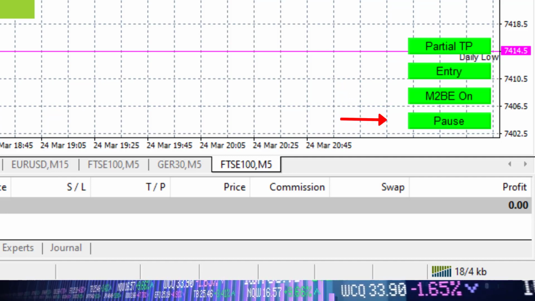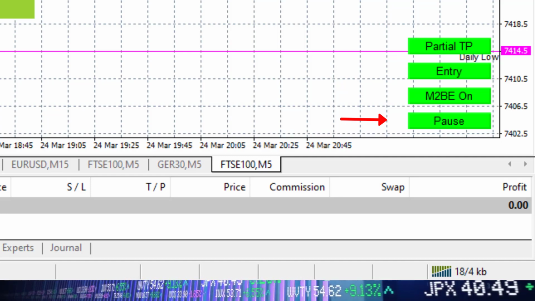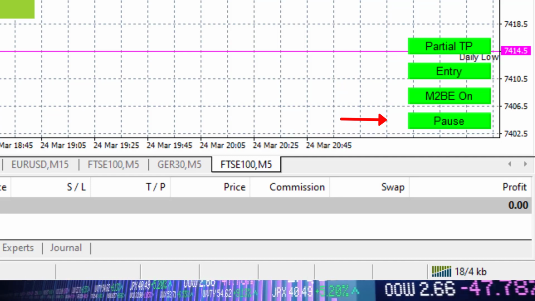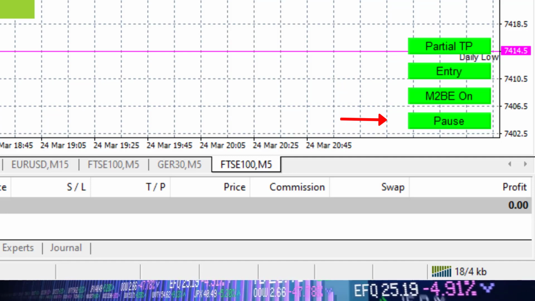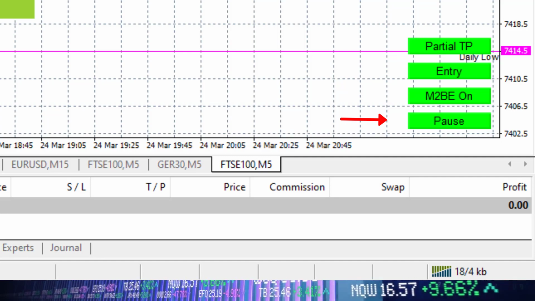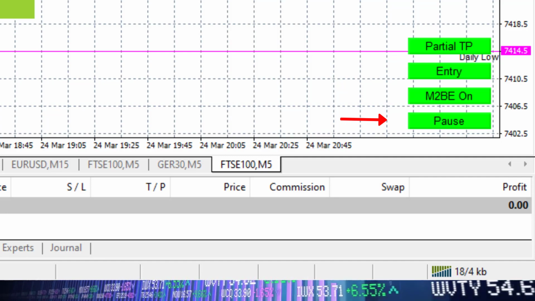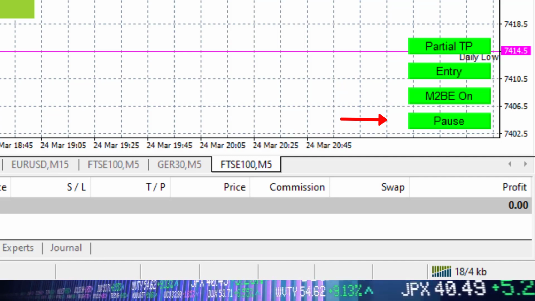This button simply pauses the ATB. When should you use this button? Let's say the first candle in the Go Zone is unusually large for the market you're trading, and you're confident the market is going to retrace because of the big spike. Simply press the pause button and the ATB will not put you into the trade even if the second candle